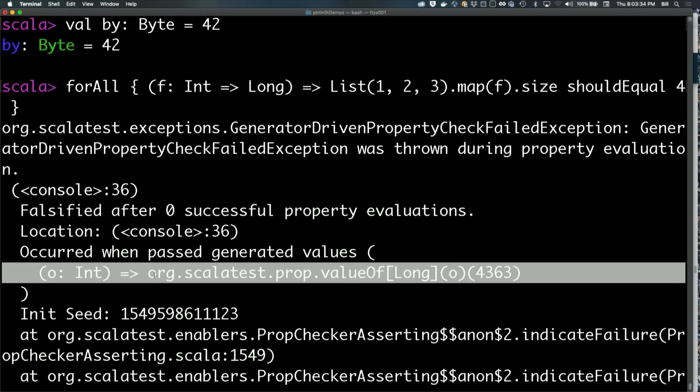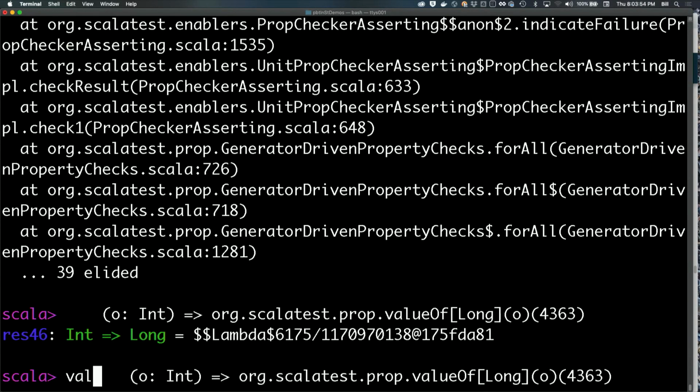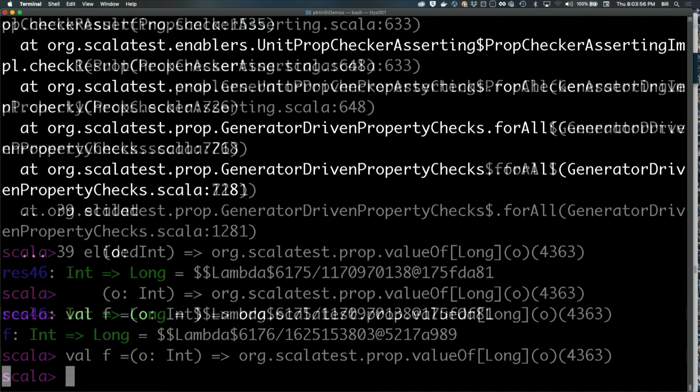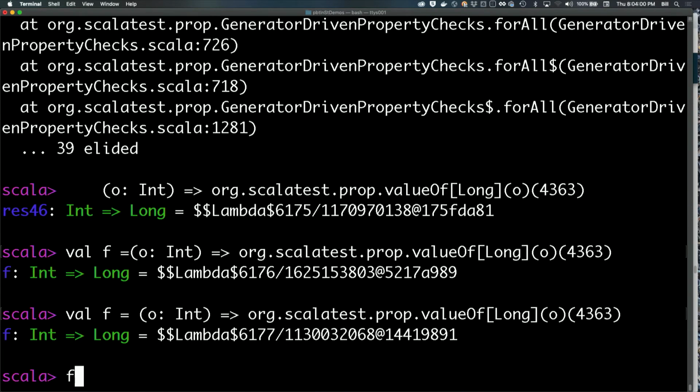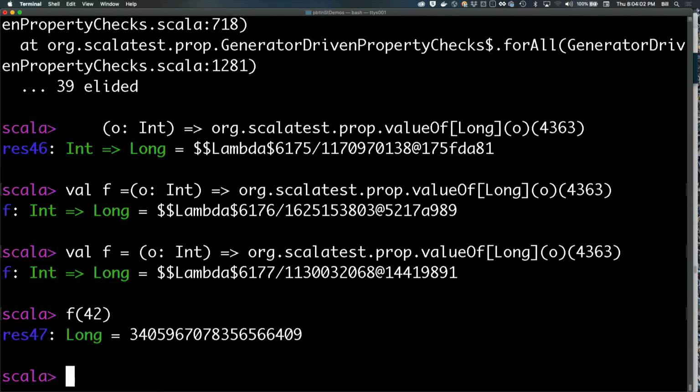And the other thing I try to do in ScalaTest is make pretty error messages. So if you have a function, like basically this function, I'm saying for all functions from int to long, if you map a list of ints, the size will be, well, it's not going to be 4, so I get it to fail, right? Just to show you that the toString of the function actually shows something that you can copy and paste. That's just from the error message. That's pretty. Then I can say f of 42, and that's actually what it's